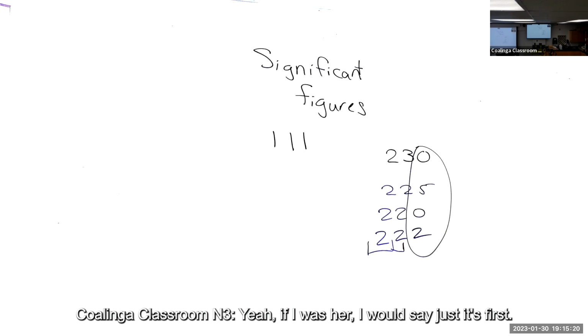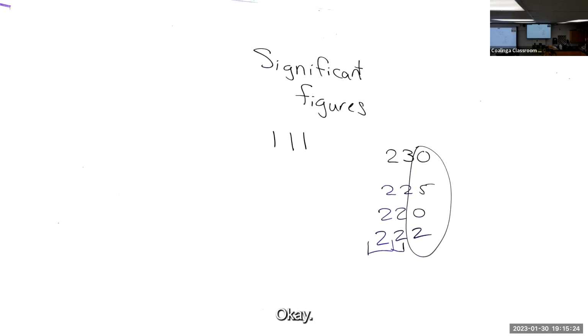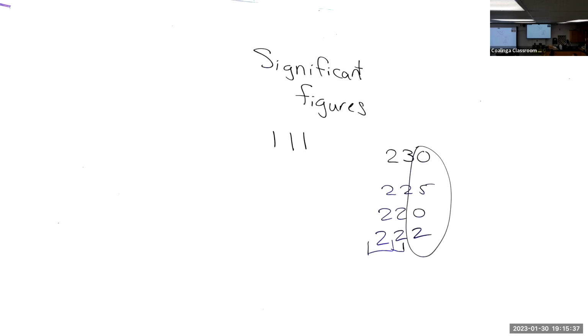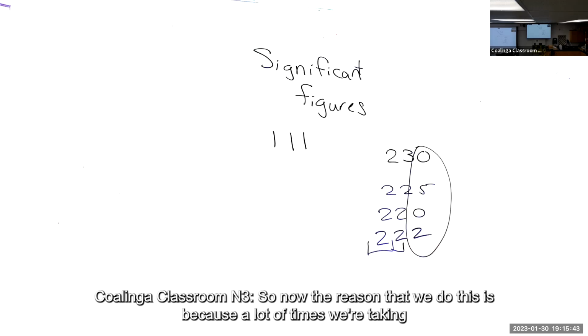Now, if I was her, I'd have said just this first number would be 100%. That one we're definitely 100% sure about. So then we'd say there's 1 significant figure instead of the 2 that I was mentioning. Now the reason that we do this is because a lot of times we're taking